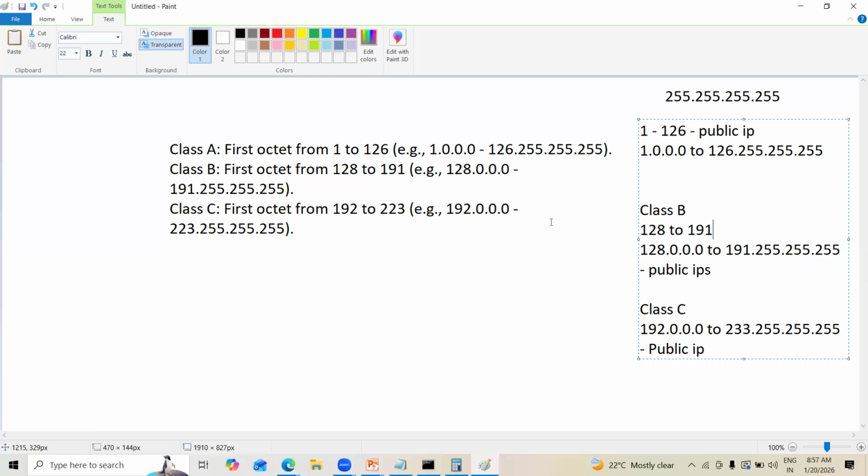This is the basics of networking. This is not related to any cloud or anything like that. What is class A, class B, class C? How are the public IPs assigned? What are the private IPs? What is the importance of private IPs, and why can't you use public IPs? There are so many things. We are going to discuss them one by one.